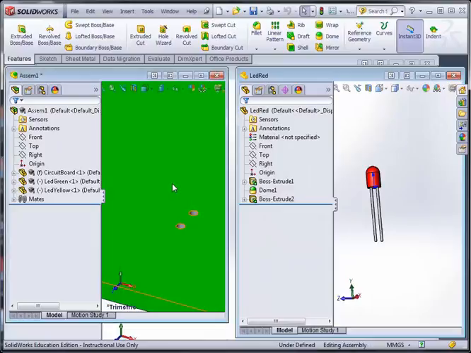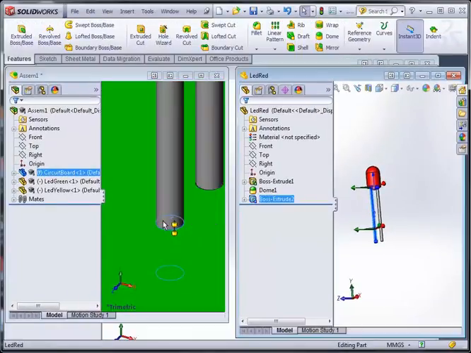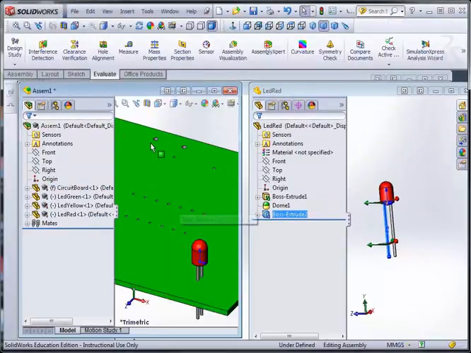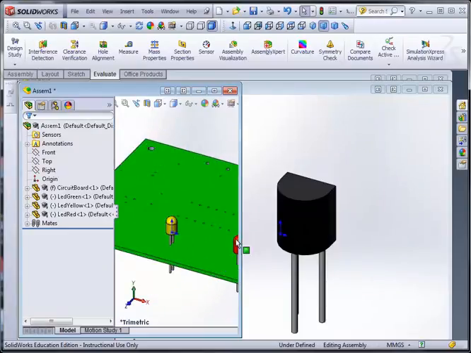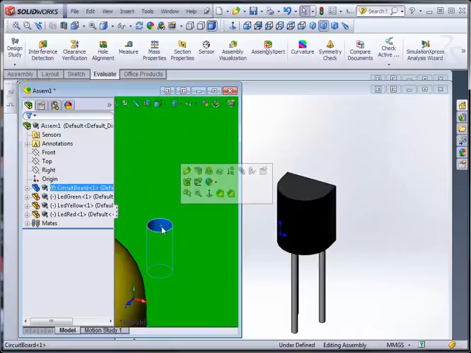Stack it to the right side, zoom that in, select the face, drag, see that symbol, drop, accept. So it's a very straightforward process. All you need to do is zoom in to where you need to place. Like this is where your IC should go. You'll zoom it in, select this face,